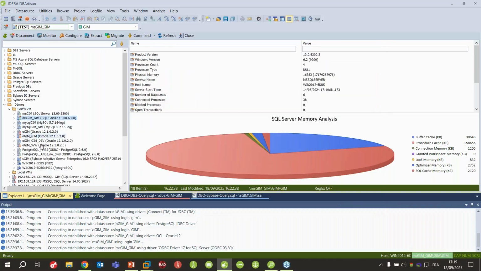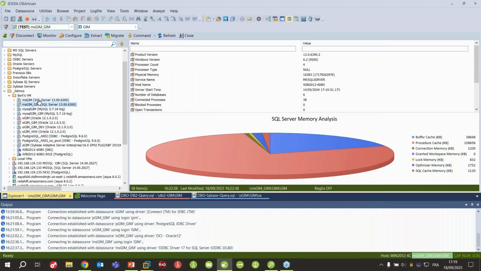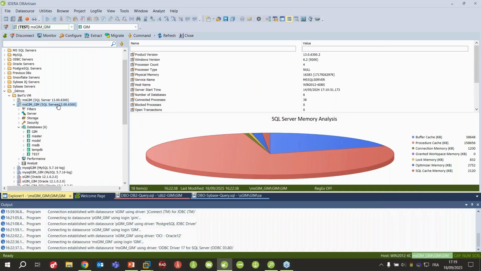Right now, I have many different databases that I have launched for this demo. So I have one with SQL Server. This is the SQL Server I am connected to. When I double click this node, we can see the different features that are available. So we can filter the object to see only our object, for example, remove the system object. You can create your own filter if you want to show only specific information.